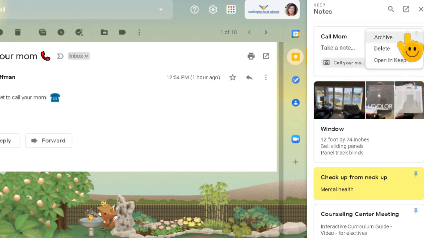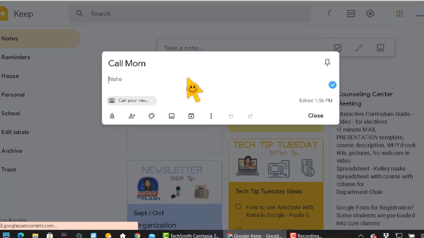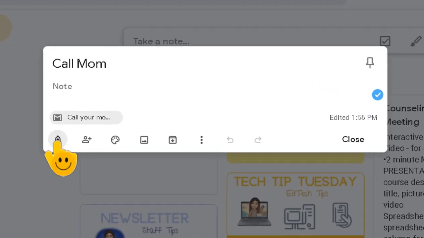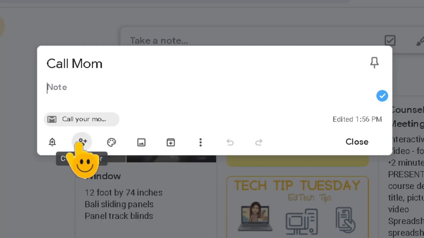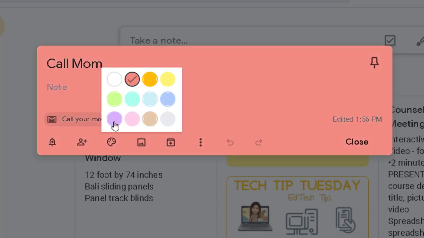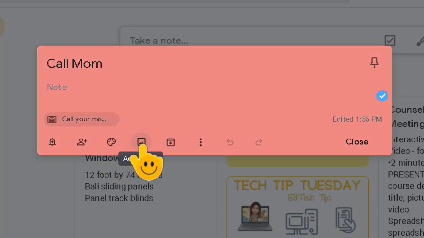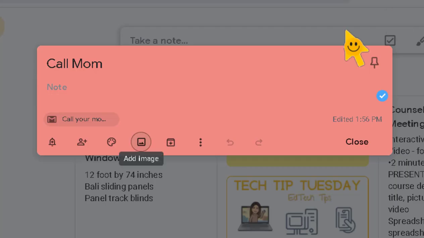It's going to give me more information. I can open it up in Keep to see it. And here's call mom. And this is where I can add a reminder. I can add people. I can add someone else. So like maybe I add my brother to call mom also, and we could work on it together. I could add color to the note. I could add a picture to the note. I could add a picture of my mom. And